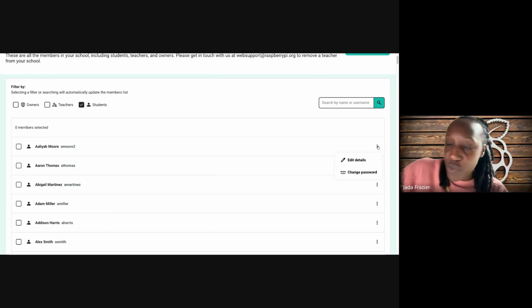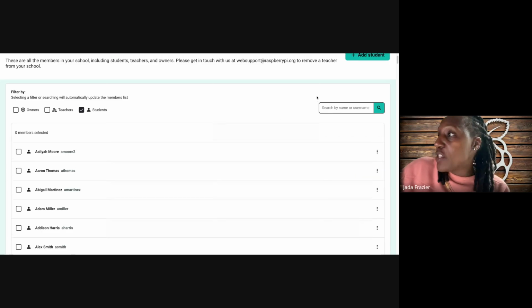As Kendall mentioned, we do have just a few management options. You can edit the details for a particular student and also change their password if there's a need to do that from this screen as well. All right, so now,